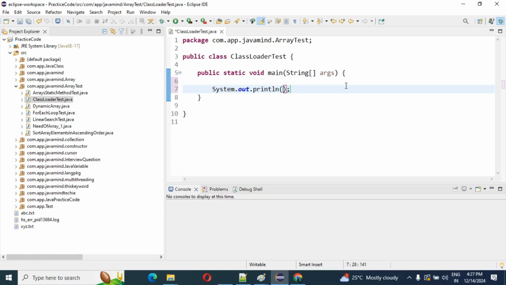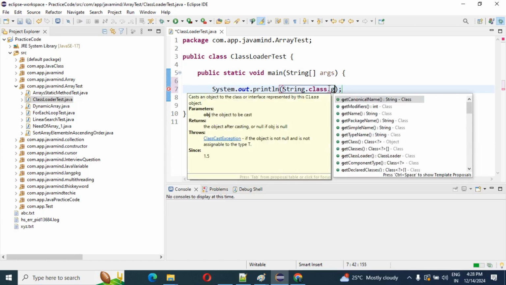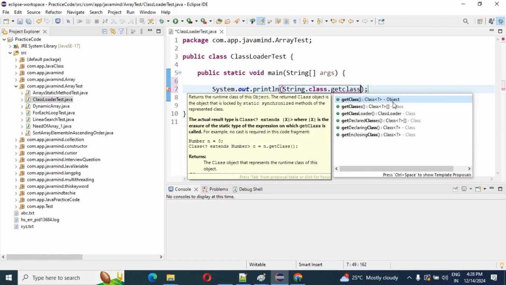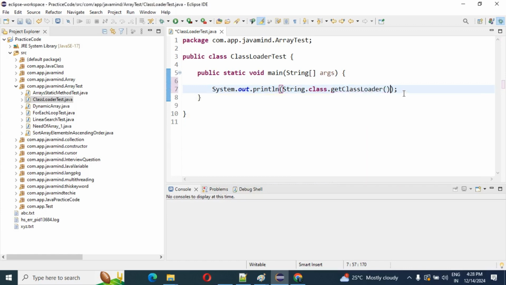Our String class is available in rt.jar, so if you want to find the corresponding class loader, use String.class.getClassLoader(). If you execute this line, you will get null, because this class is in rt.jar.